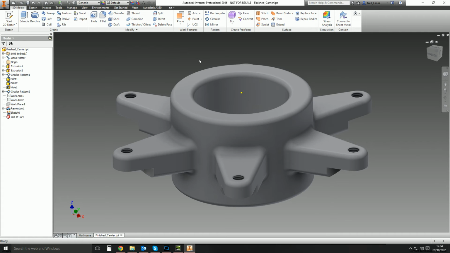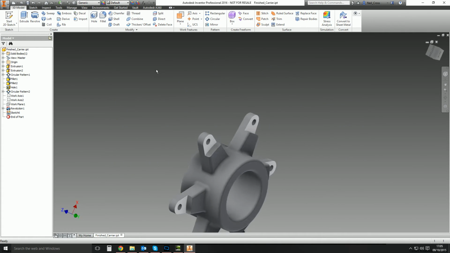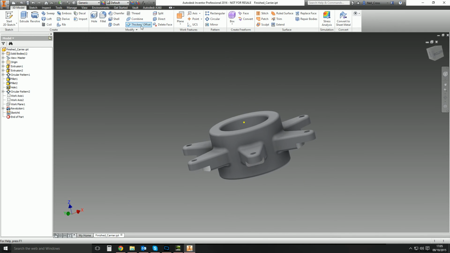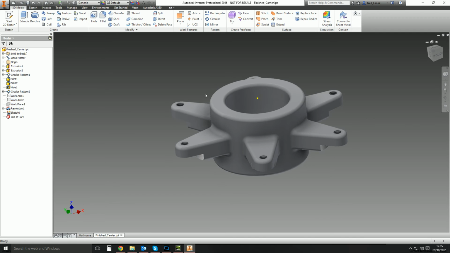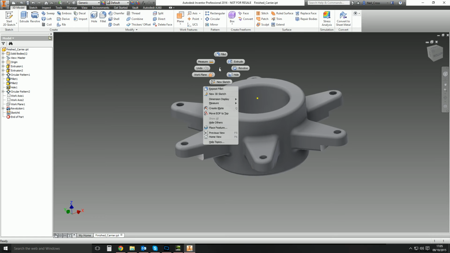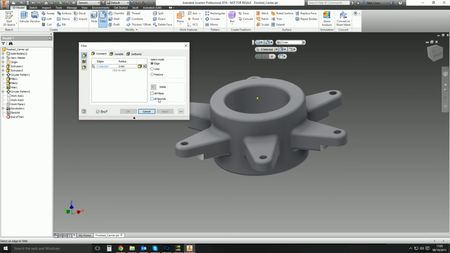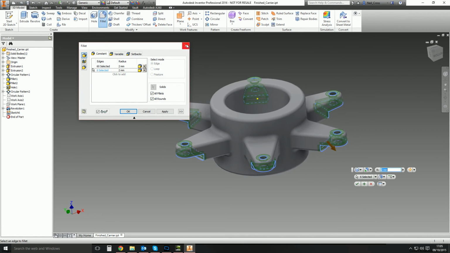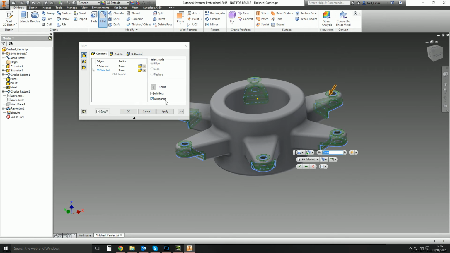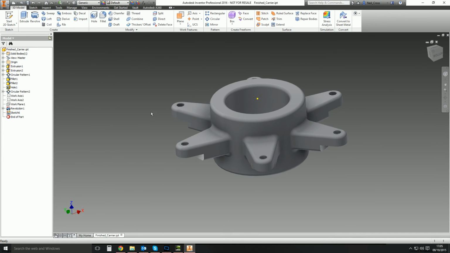So what I'm going to do is this part here that you see on screen. I'm going to model this up from scratch, from nothing to what you see here, using just ribbon bars and keyboard shortcuts. Then I'm going to do it again, reset the timer, and then do it again using purely the markup menus and the little doodah toolbar thingies. So look at it moving around. Look at that. It's up there. Oh no, now it's down there. Oh, and now it's over there. God damn it. Oh my God, it's so annoying. That alone is a reason to not use them. But I digress. Let's proceed and commence with the experiment.